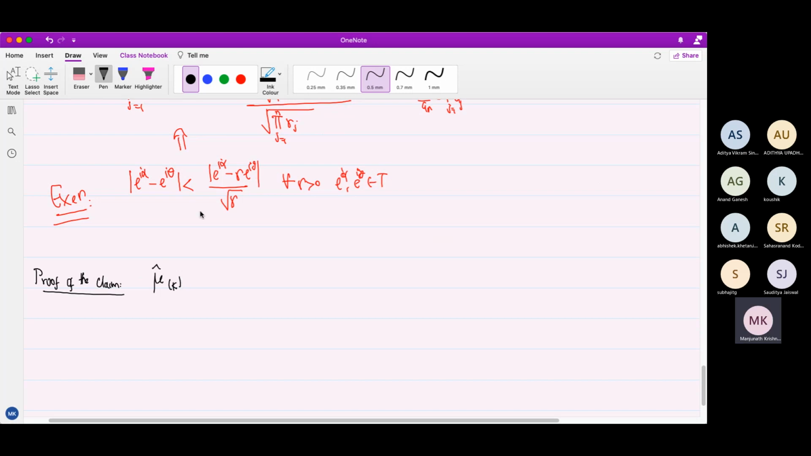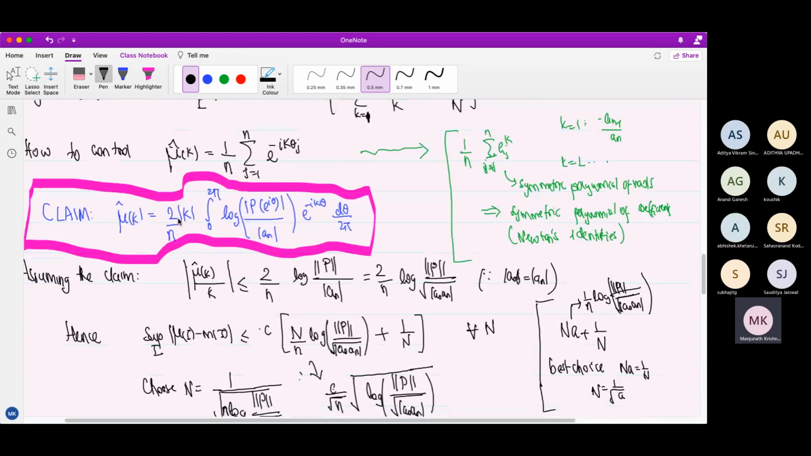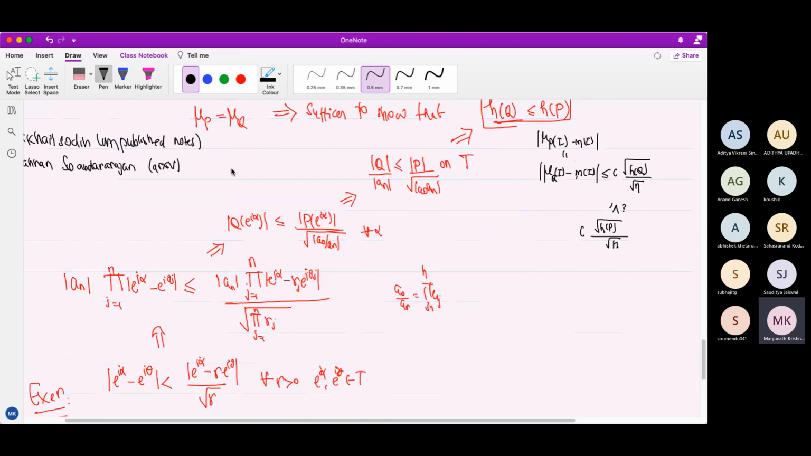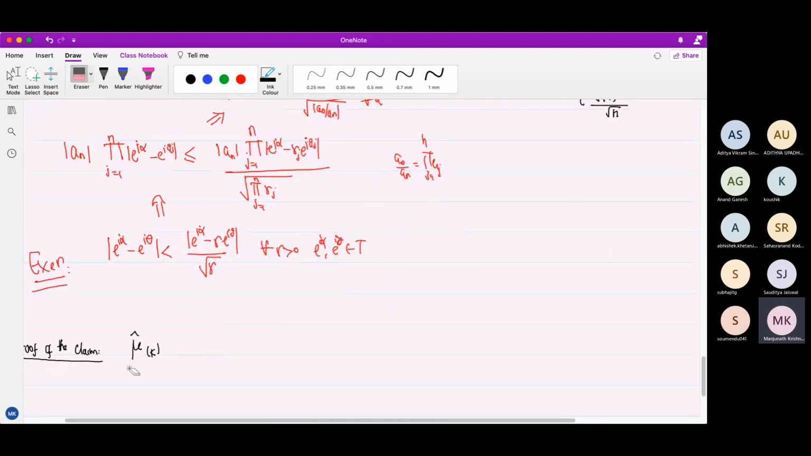So mu hat of k, what is it that we have to show? Mu hat of k is this one. So mu hat of k, remember, is this, 1 over n times this. So let's cancel the 1 over n. So basically what I want to show is the summation of e to the minus ik. So let's just do it with k. Okay, so what we need to show is